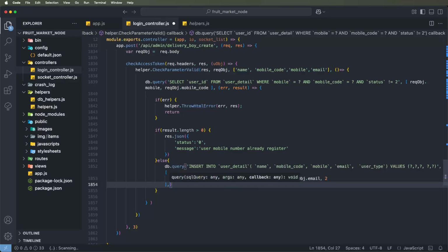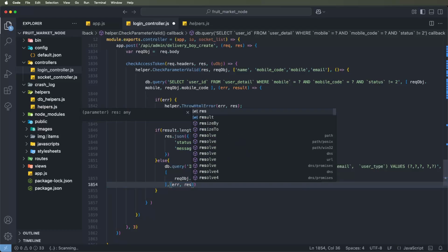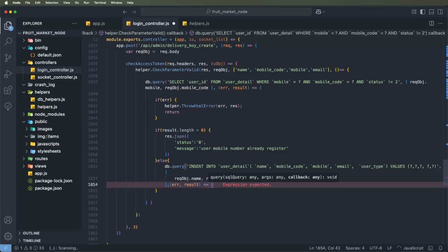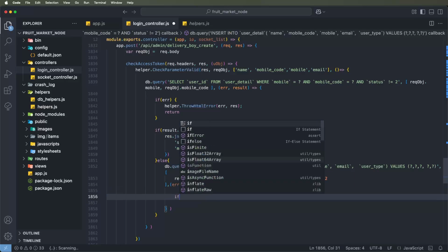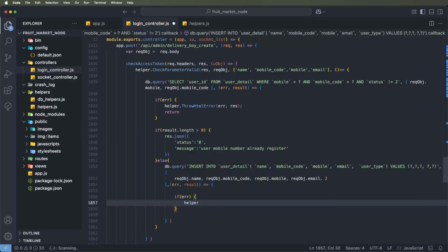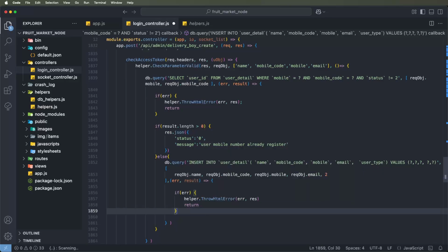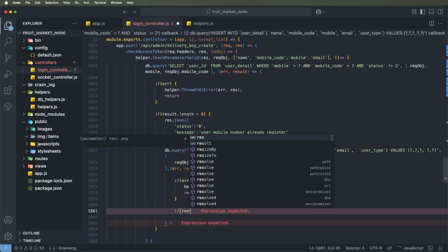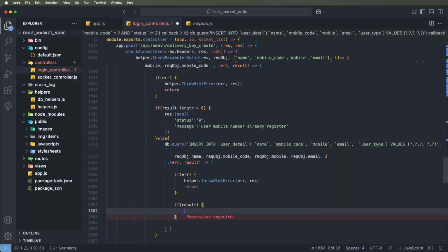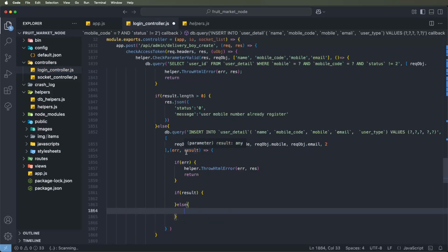Then after, we need to get the errors, response errors, and results. If we get errors, then write helper dot throw HTML errors, and return the errors and response, and return from these functions. Now we need to check if we get any results, which means the data was successfully inserted inside the database. If not, that means it failed, and the server needs to terminate this API call